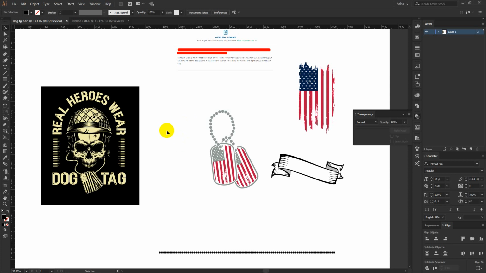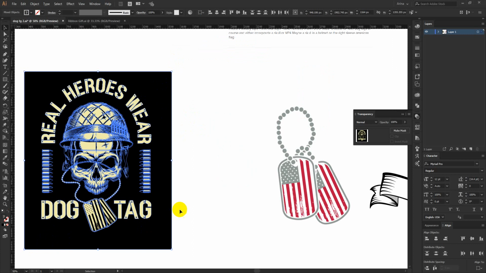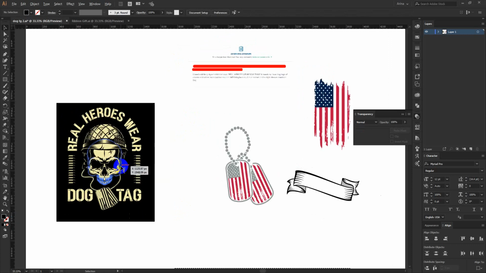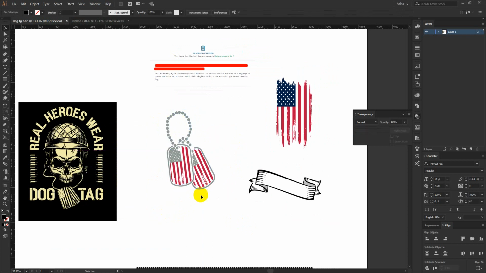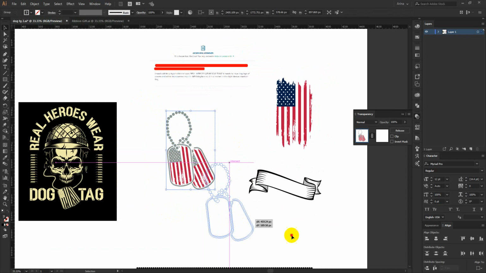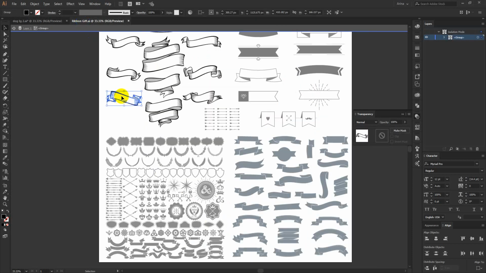Hello guys, so this was my previous design. I made some changes in colors here, so I am going to make another version of this design. I am going to use this same dog tag. I have showed you how to make this kind of tags. Now I am going to use it in my second design, and this ribbon here I gave you this one,